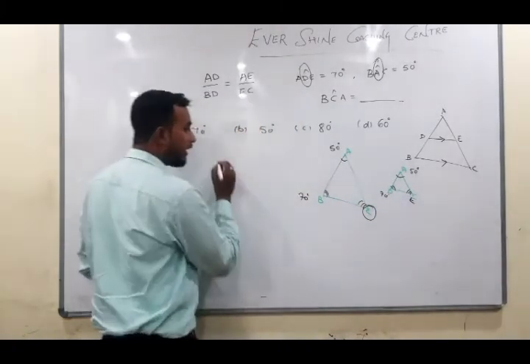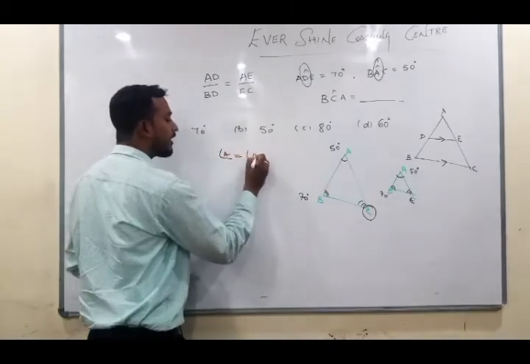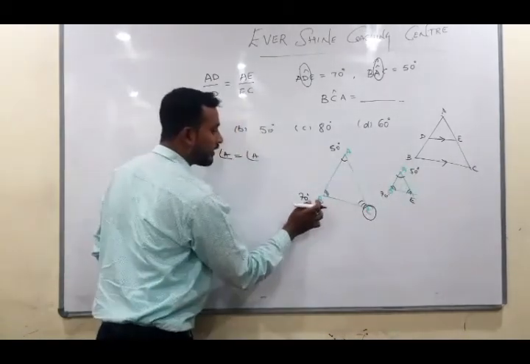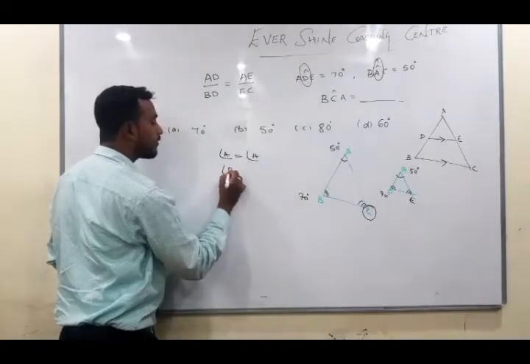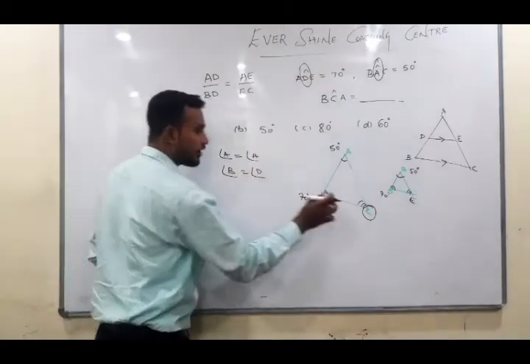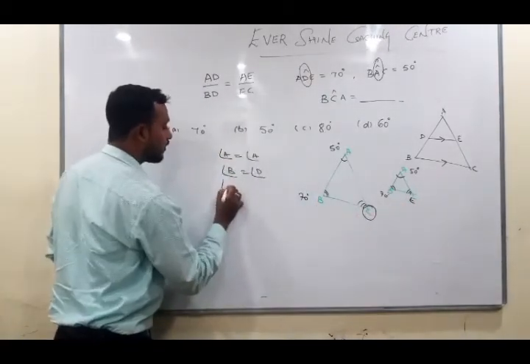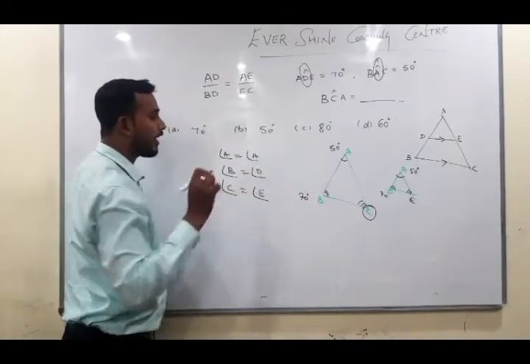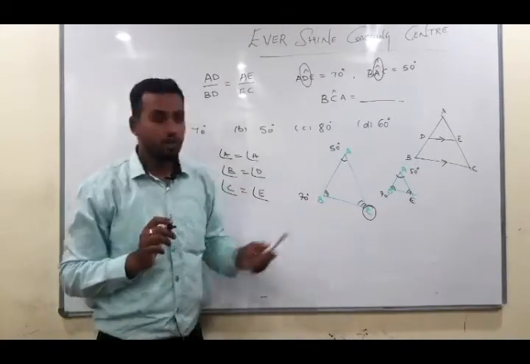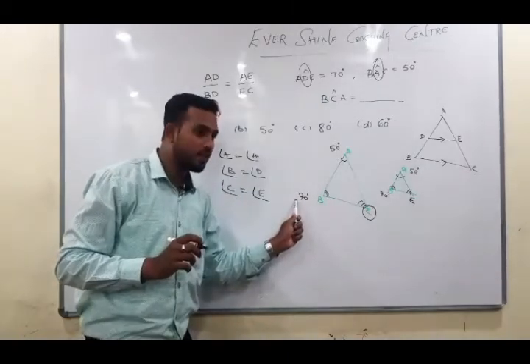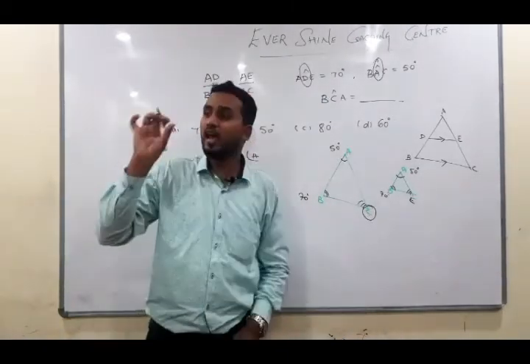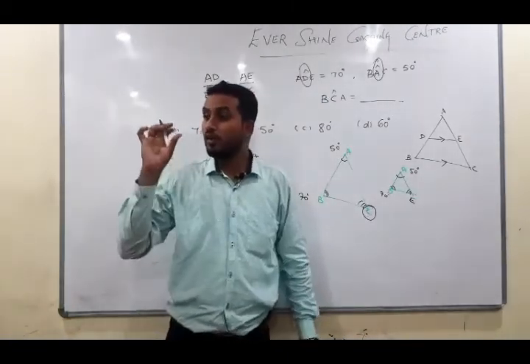Why? Because we know that angle A equals angle A. We know that angle B equals angle D. Are you getting, children? We know that angle C equals angle E. Got it? Now we know this is 50, this is 70. What is this? We have